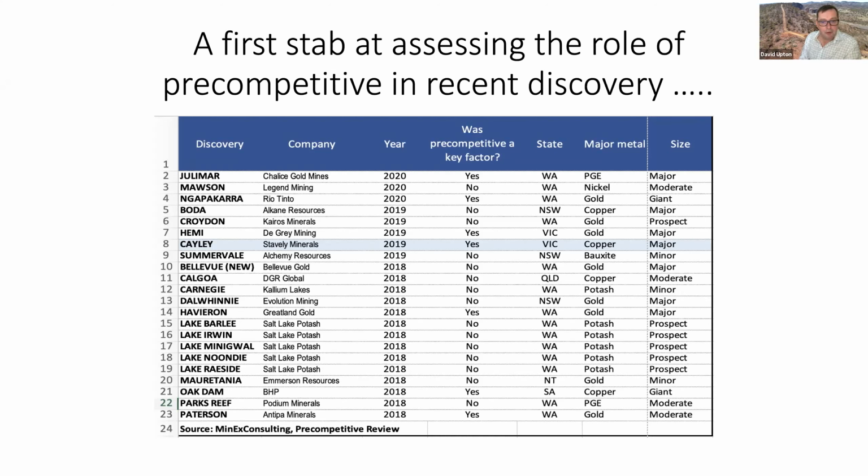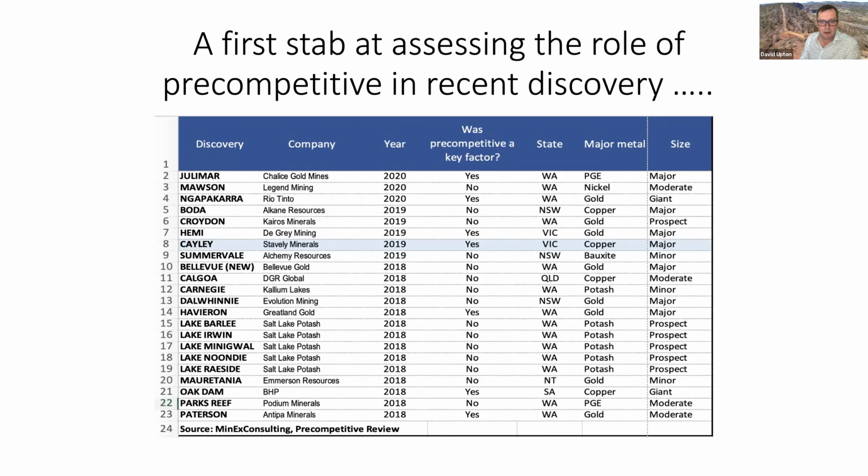Napakara, I don't even know if I'm pronouncing that properly, but I've said yes to that. And I've said yes to all the discoveries in the Patterson in the last 2 to 3 years because of that 2007 Patterson AEM survey. Talking to progressive explorers up there, that survey was absolutely fundamental in opening up the Patterson to the big wave of exploration and success that's happening now. So that's why Napakara is on my list as a yes.